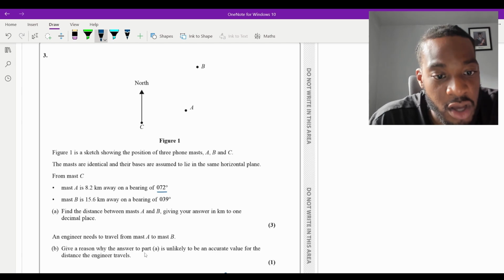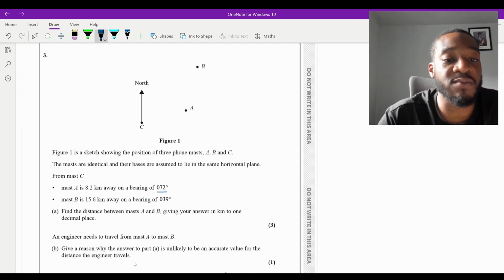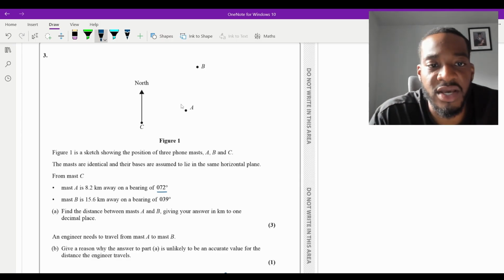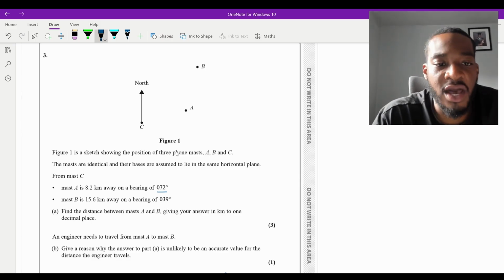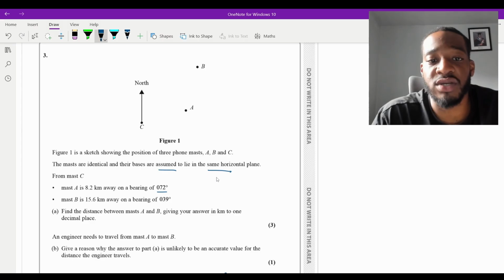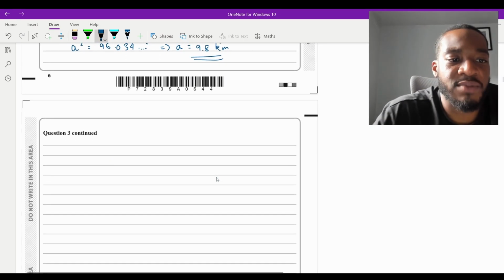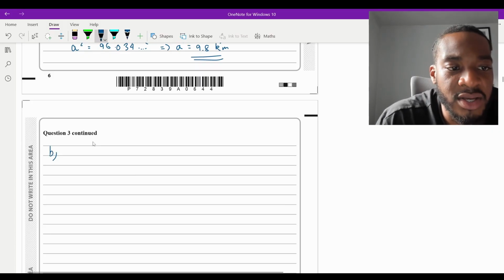Because it says give a reason why your answer to part A, which is the distance between A and B, is unlikely to be an accurate value. So just due to that, you could just say that it's probably going to be greater. There could be things in the way, as well as that. Also look for assumptions. It says that the bases are assumed to lie in the same horizontal plane. That's an assumption. It may not do, right? So there's a couple of things you could say, but essentially, you're just going to say for part B,